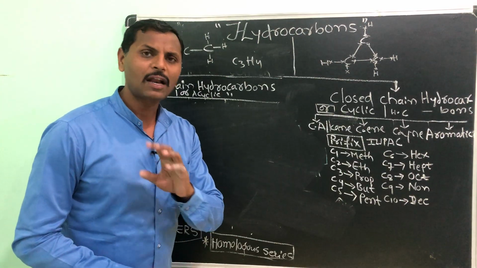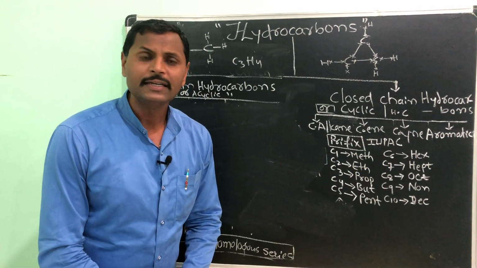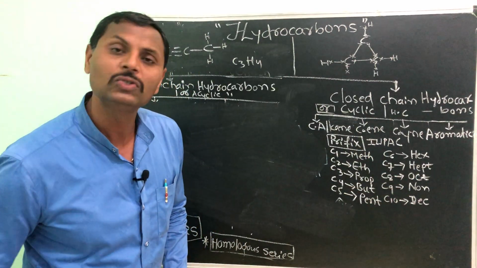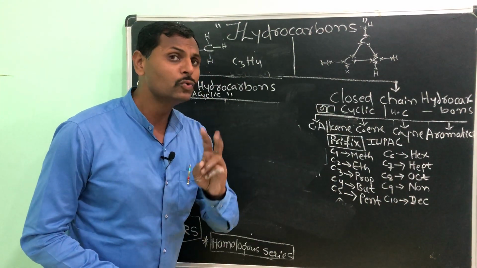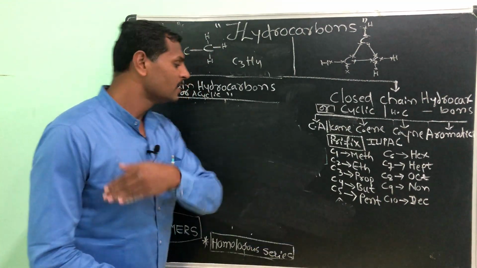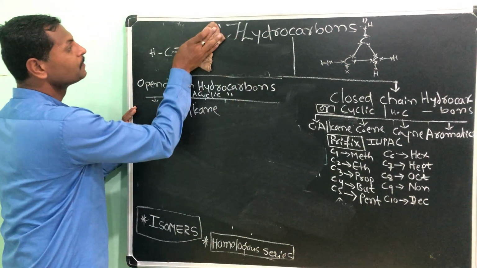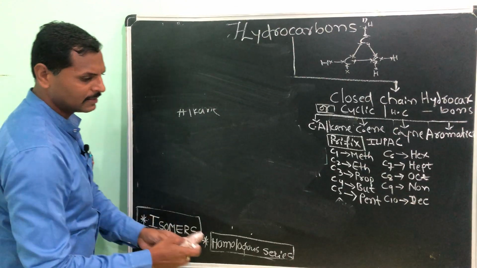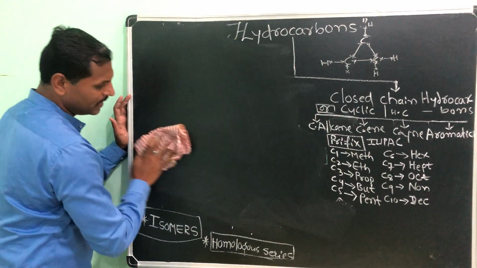Before that, sir, how are you naming it? Simply, there is the IUPAC system, International Union of Pure and Applied Chemistry. It is an organization which gives a name to any chemical. Here in organic chemistry, they give two parts to the name of any organic compound, that is the prefix, the first word, and the suffix, that is the last word. Suppose I take an alkane, see here. I will rub all these things so that you can understand easily. I will take more place on the board and it will be an advantage to me.